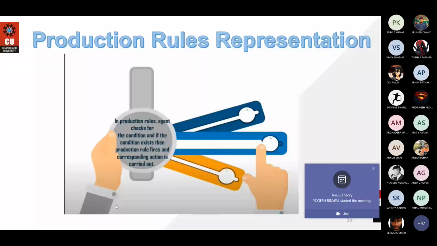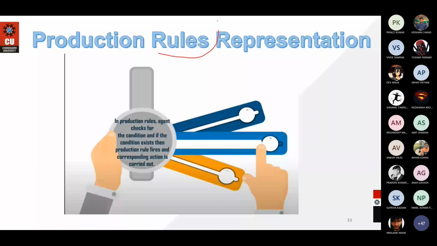So the next technique after semantic networks is production rule representation. When we talk about production rule representation, the main things are rules. We are saying, if this is done, then this will happen. A number of statements are there, and based on certain statements, some result is interpreted. In this case, we have a knowledge agent for intelligent agency.